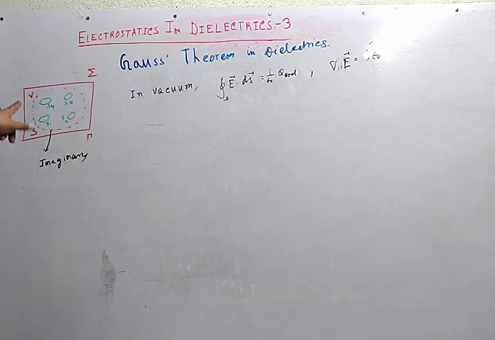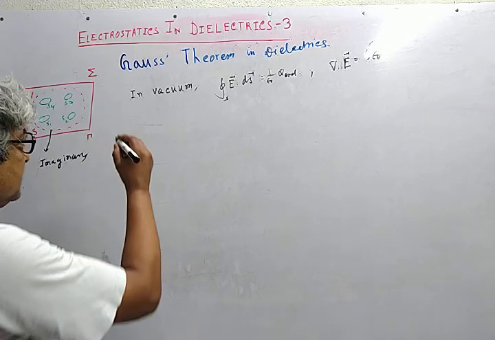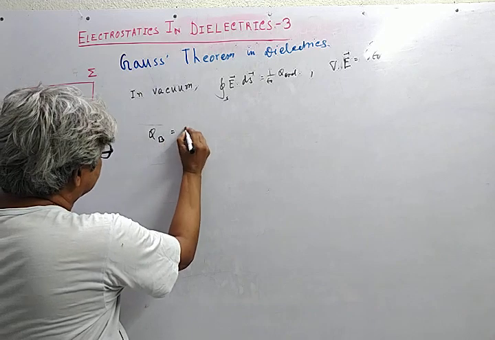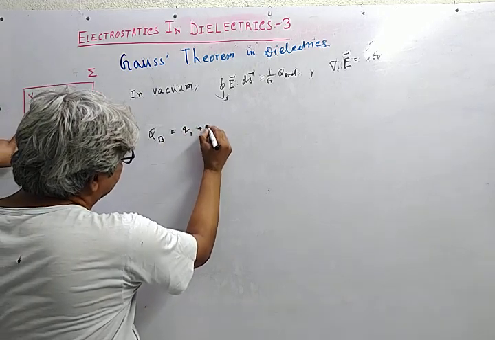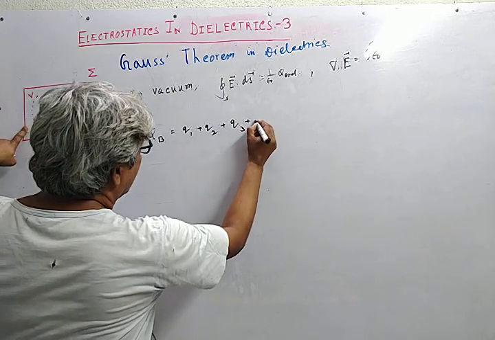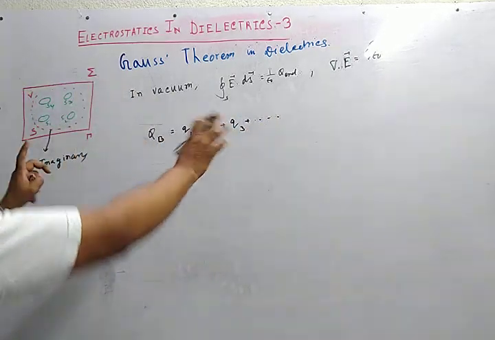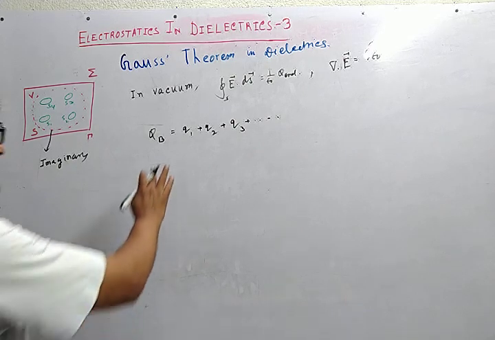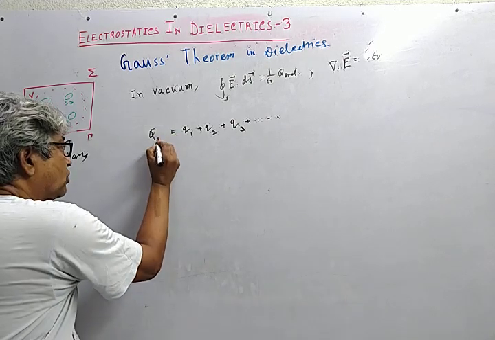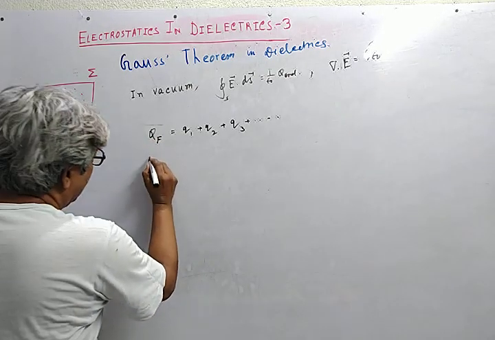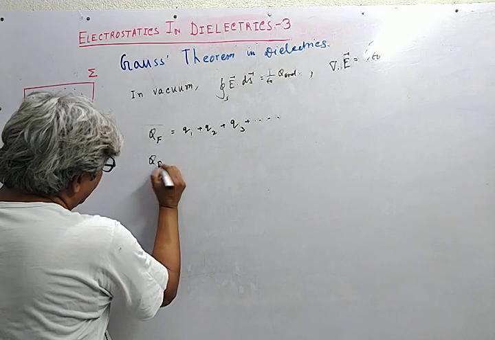Now, what is the total bound charge? This is the total free charge on the conductor, Q1, and coming to the bound or polarization charge QB,